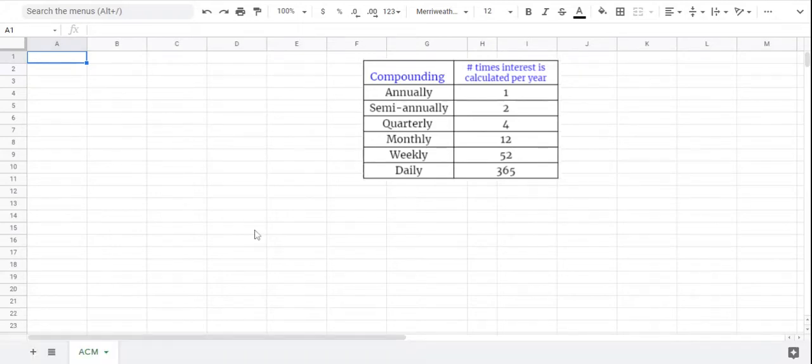Hello. The purpose of this video activity come along is twofold. First, to introduce you to an electronic spreadsheet, which is a tool that is used widely in business. And secondly, to build the amazing compound machine, which is a machine that will help us solve compound interest problems very easily. So if you're not familiar with how a spreadsheet works,